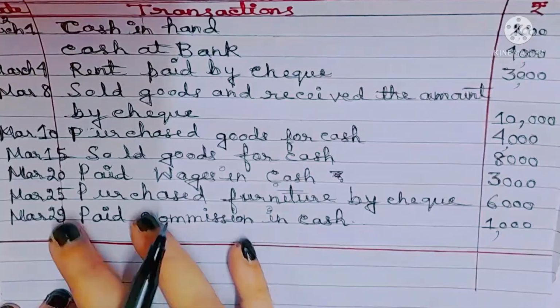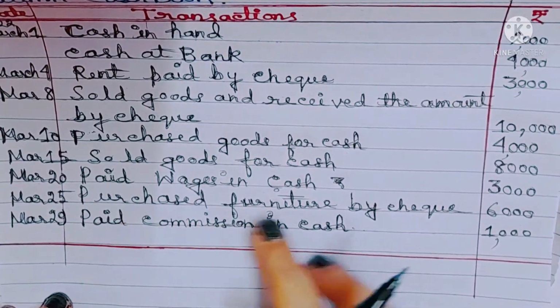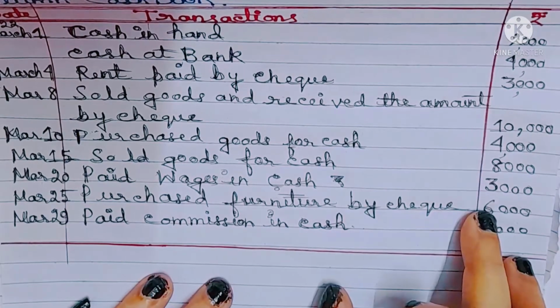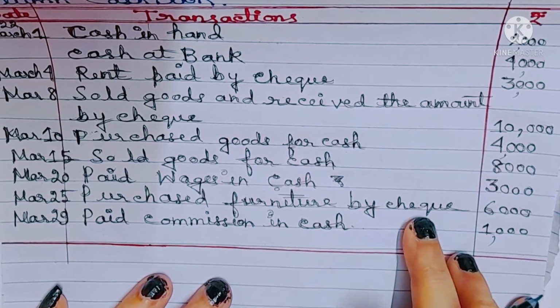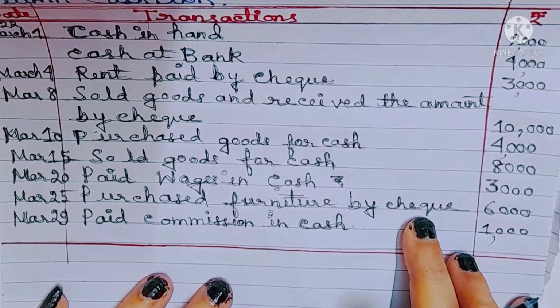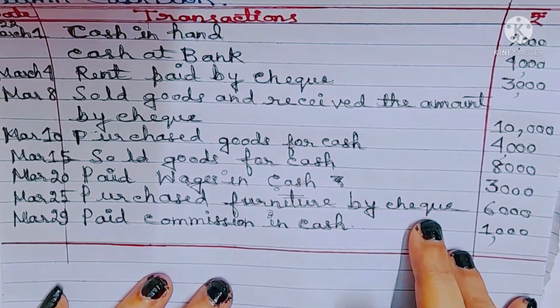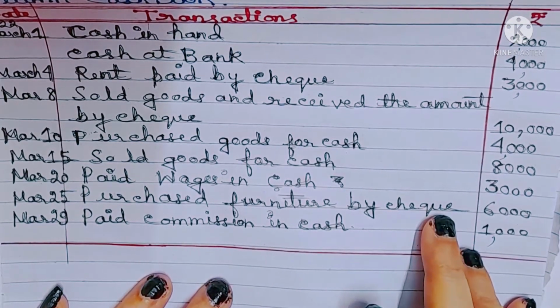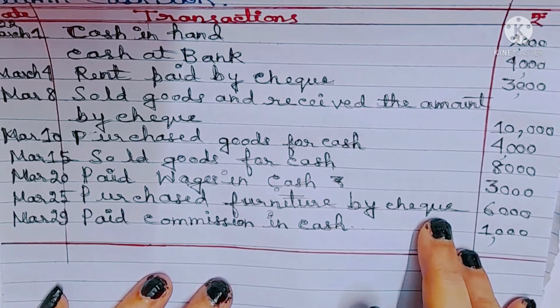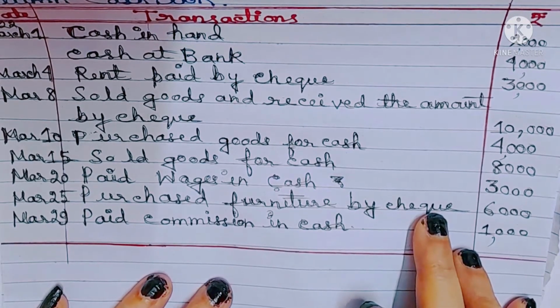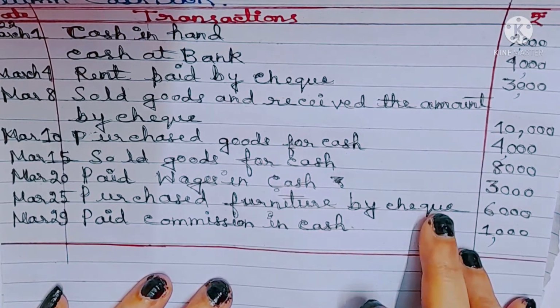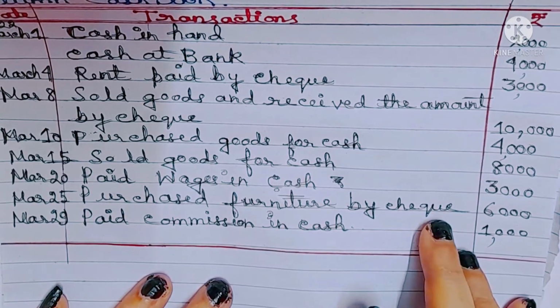The next transaction is on 25th March, purchase furniture by check 6,000. So what will be the journal entry? The journal entry will be furniture account debit to bank account. So what is the position of bank account? Since bank account is on the credit side, furniture account will also be on the credit side. So we'll have to write by furniture account in the cash book on the credit side in the bank column